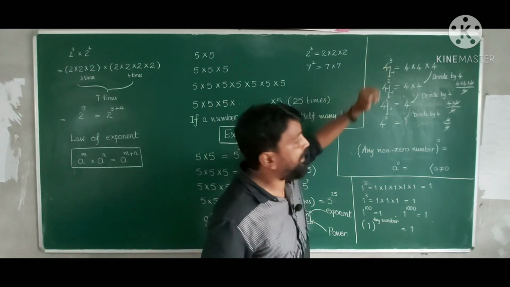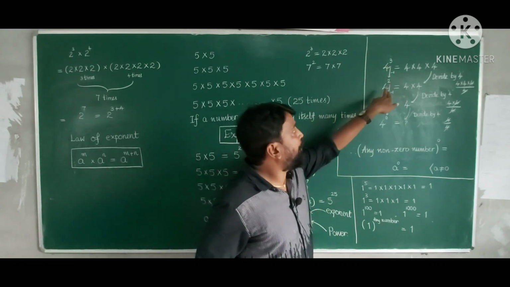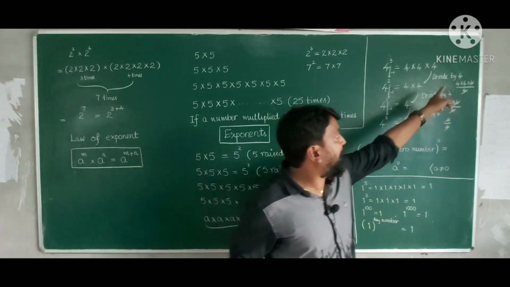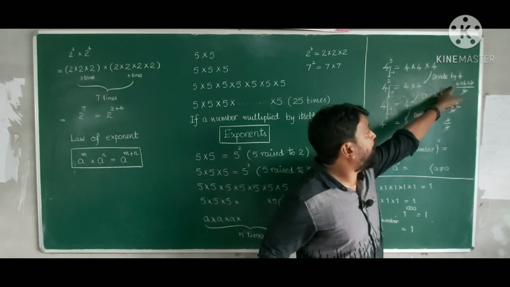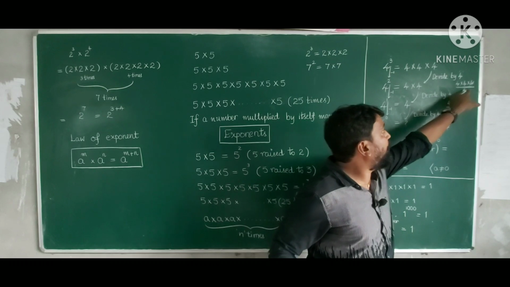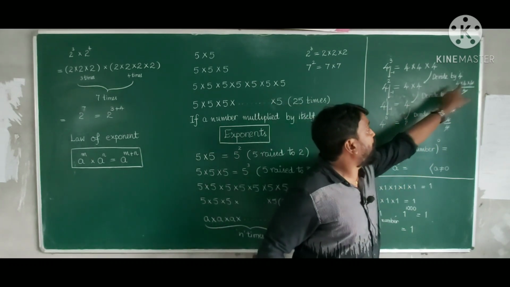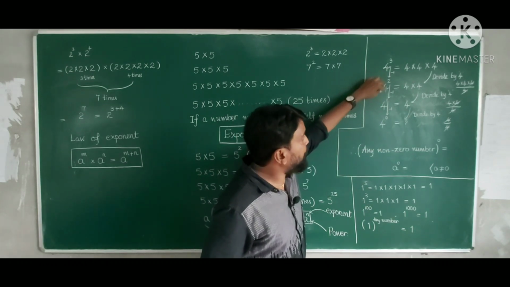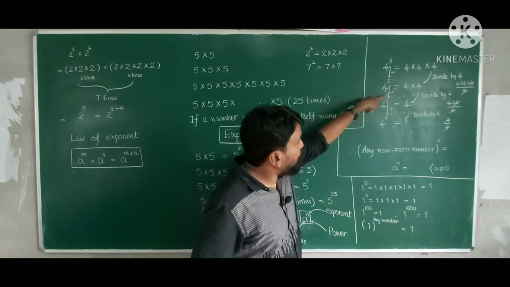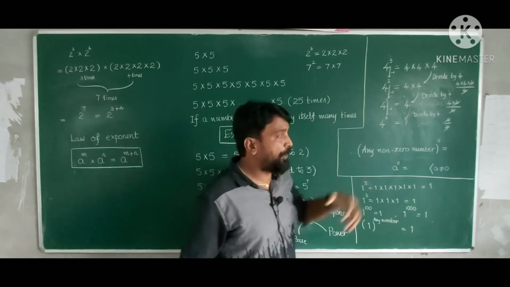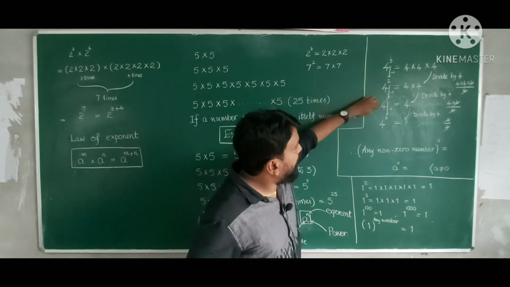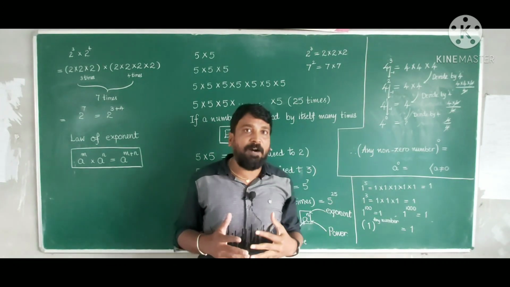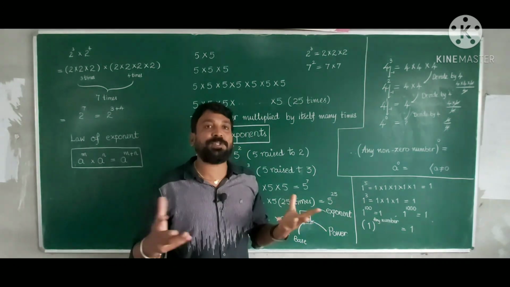Now I am reducing the power from 3 to 2. So 4 power 2 is equal to how much? 4 into 4. How do we get here? By dividing the previous 4 into 4 into 4 by 4, one 4 will cancel, and 4 into 4, that is 16, remains. In a similar way, if you reduce the power from 2 to 1, 4 power 1 is equal to 4. Successively, finally we reduce one more, from 1 to 0. Tell me, what is 4 to the power 0? 4 power 0 is equal to how much?